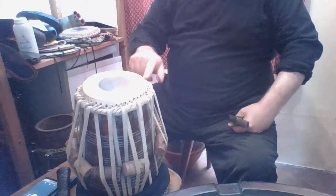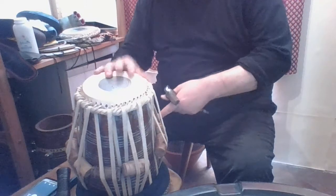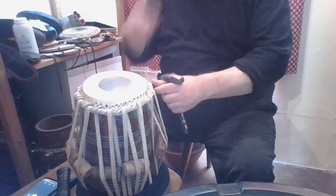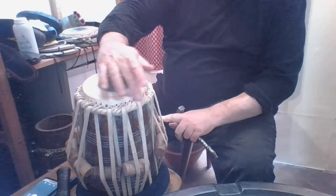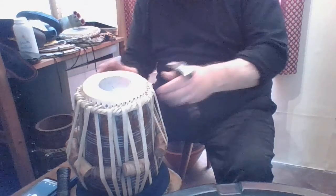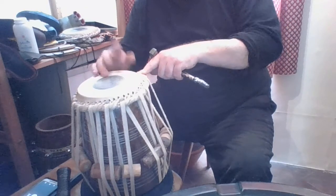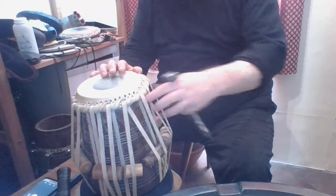So that's getting quite close there now. Because it's getting quite close, I'm not going to tune it. Reason being, there's no point, because the rest of it's off. So by tuning the rest of it, that's going to go up anyway. And that bit's actually higher. But I'm not going to tune that down either at this point, because I want to see what's going on